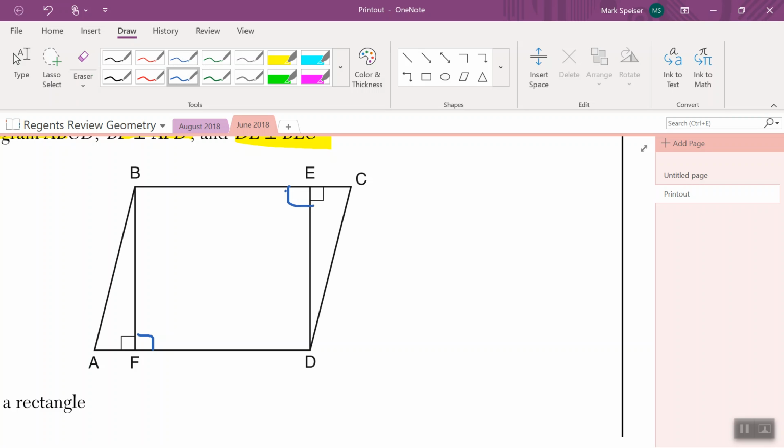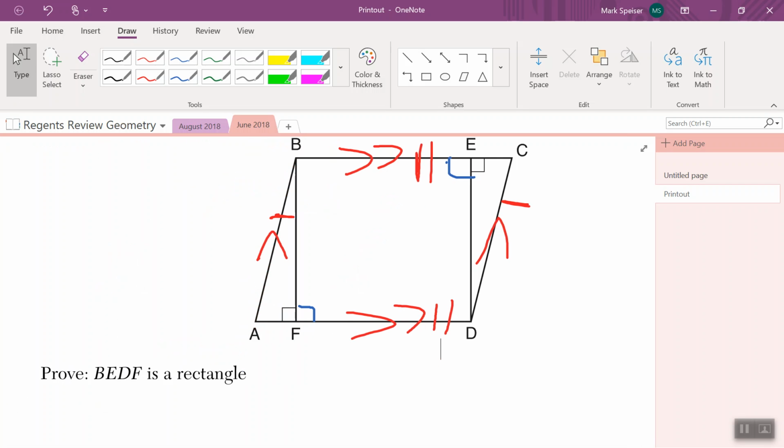Now let's mark off parallelogram ABCD. So this line AB is parallel to CD, and AD is parallel to BC. They're also congruent. So AB is congruent to CD, BC is congruent to AD. That's everything you can mark off just by looking at the givens. And we want to prove that BEDF, this inside,